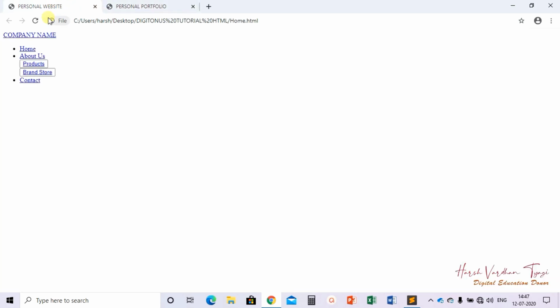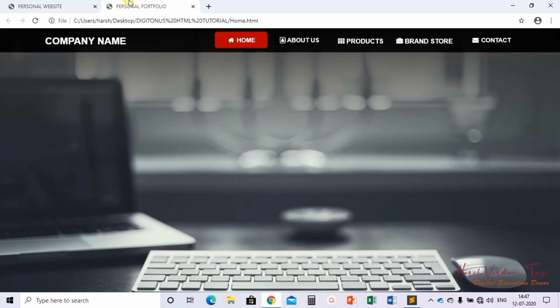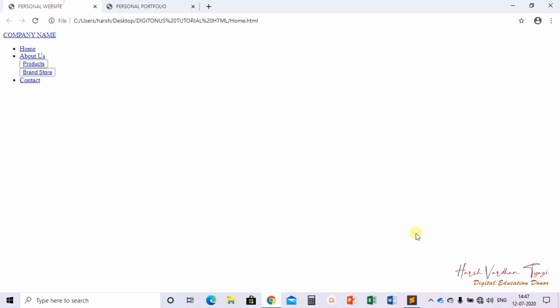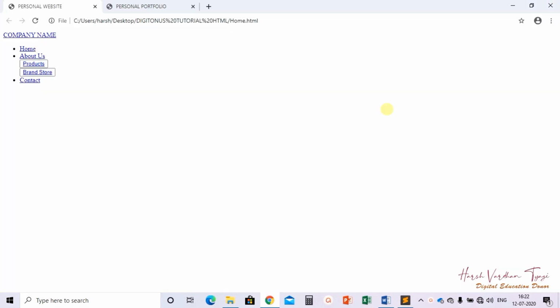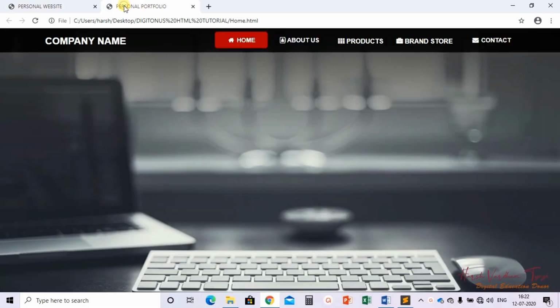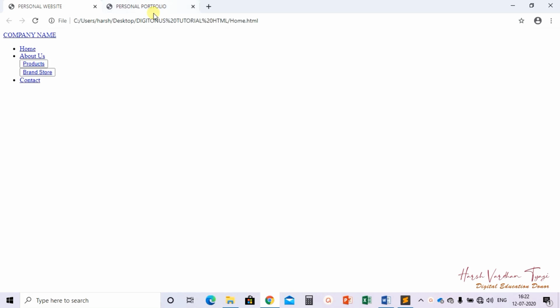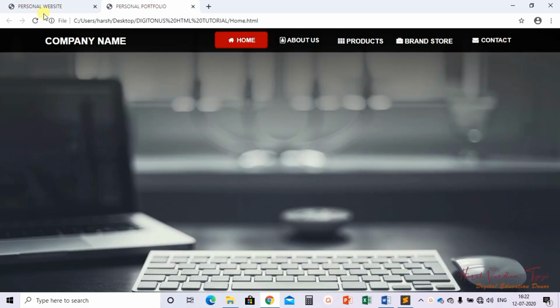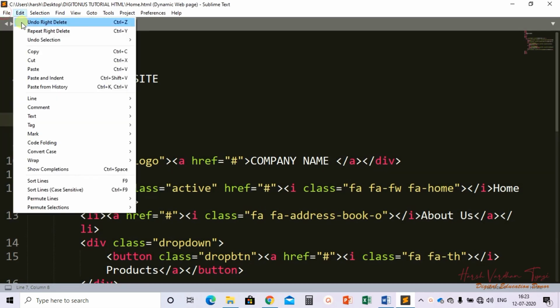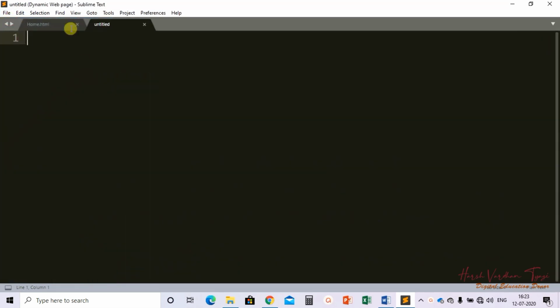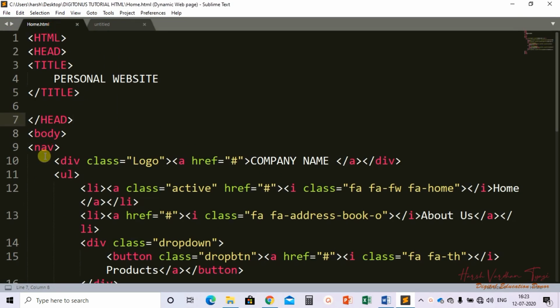Fine. So this is the simple one which we are creating, and this is the final result you will be getting. So let's start with the CSS part. Let's start with the CSS file, just to make the elements and all the objects be placed in the perfect order. To start with the CSS file, we need to create a new file. So I am creating a new file, and we'll start with the body tag, because first we have to work with the body part, the background and all.